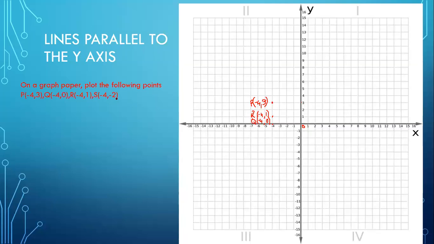And the last point is point S, and the coordinates are minus 4, comma minus 2. So on the x-axis, minus 4, and on the y-axis we can see minus 2 here below 0. So both the lines will meet over here if I draw from minus 4 and from minus 2. So mark this point as S and write its coordinates, that is x coordinate minus 4 and y coordinate minus 2. Okay, now let us join these points.